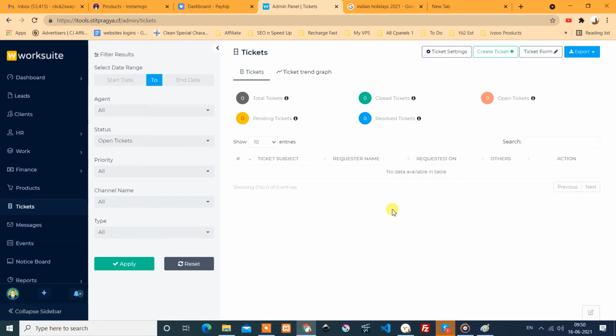And closed ticket means no further action on that ticket, and no further communication will be done on that ticket. Means that issue is resolved or that ticket is terminated, then its status is closed ticket. So we can create that ticket, we can answer that ticket, and we can change their status, just like terminate the ticket or resolve the ticket. Okay,